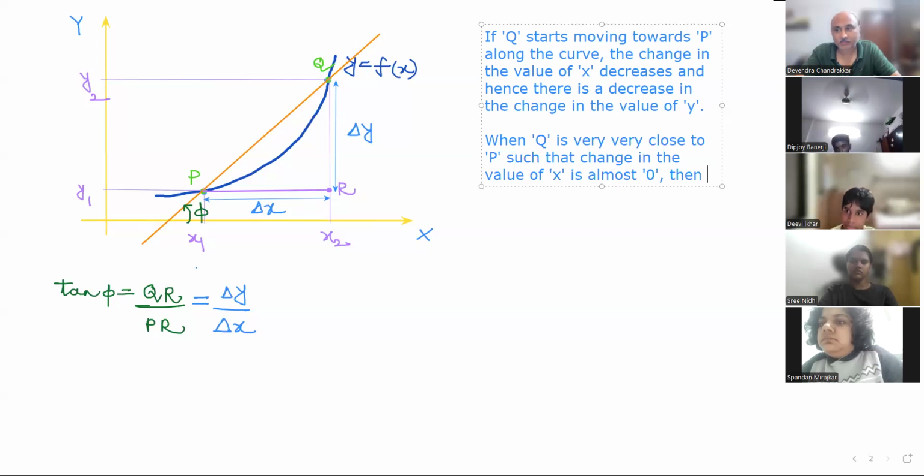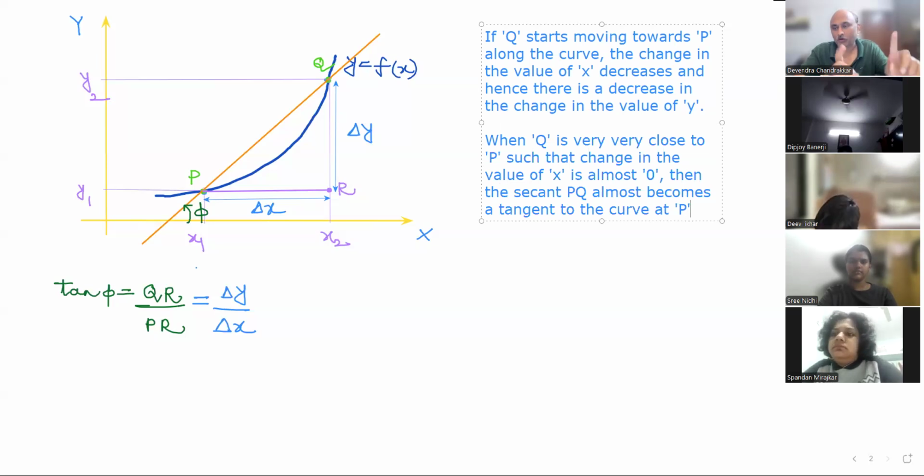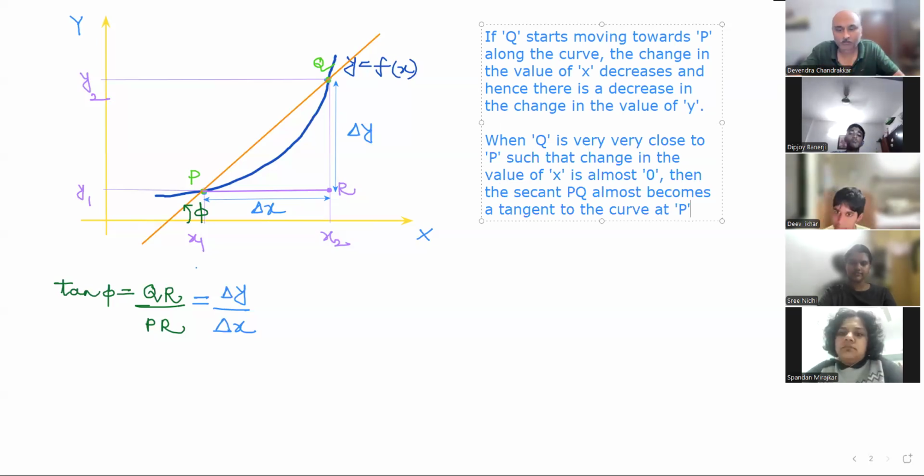Then the secant PQ almost becomes a tangent to the curve at P. All of you know what a tangent is, right? Kushagra, Dev, Likhar, Srinidhi and Spandan. Yes, sir. And the slope of this tangent